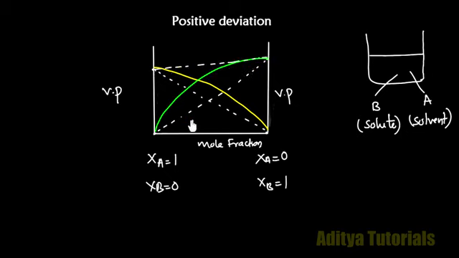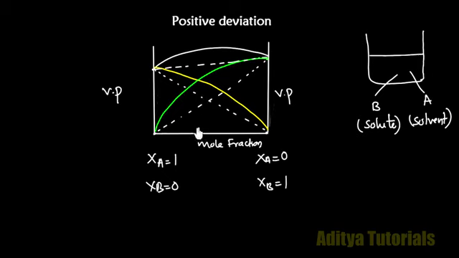But for the non-ideal solutions, that too for the positive deviation, it will be like here. The vapor pressure is somewhat greater than the ideal, whatever the dotted lines are there. These are the values calculated from Raoult's law. But the colored lines and this white line, the hard line, indicate the deviation of the vapor pressure from Raoult's law.